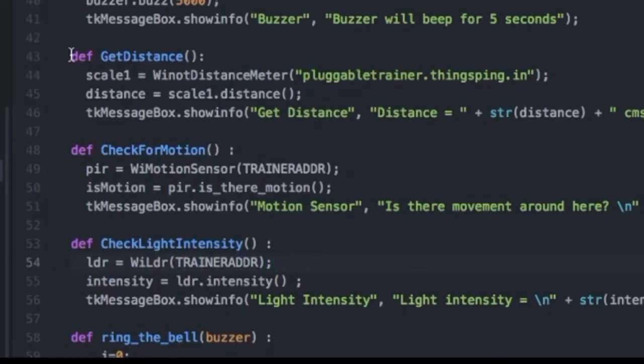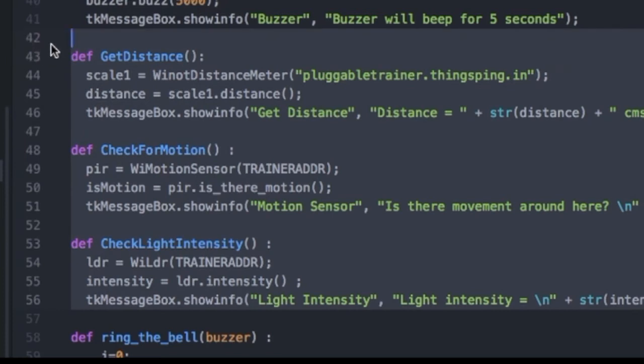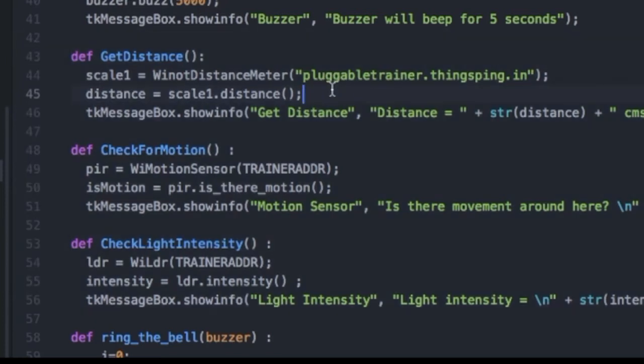So let's see the code for all the sensors which we saw in this video. Here again, the entire task is performed in such a short piece of code. For getting the distance, the code is scale.distance. To check whether there is motion around the board, the method is